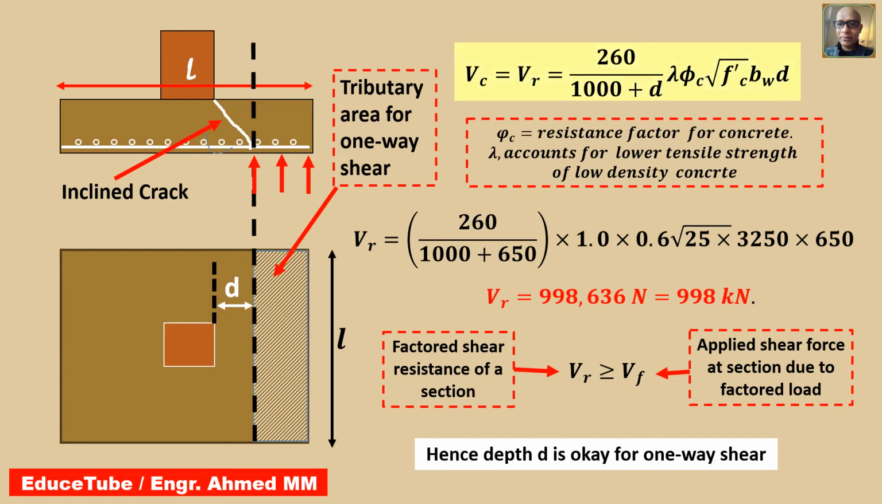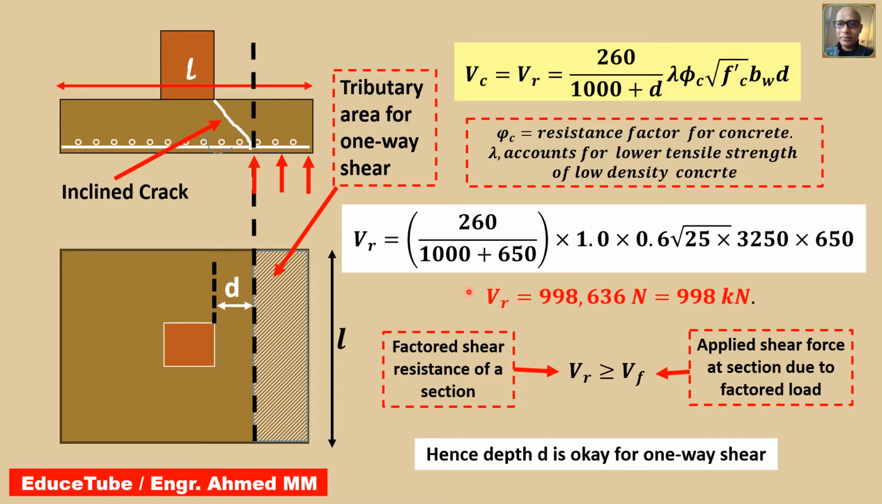We will use this equation, VC or VR. It is the shear force resistance by concrete. This is the equation or formula, and we have to use it to find the value of VC or VR. What will that be? Just putting in the values: lambda, phi c, already we know, f prime c, bw, d, all we have. So once we put in these values, we get